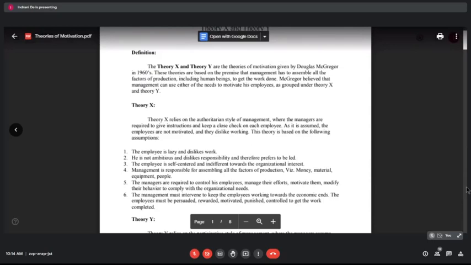So that is the idea of the management. The manager is trying to control his employee. The management must intervene, or they are intervening, to keep the employees working. All the time we are measuring their performance, whether they're working or not. For that, we have to punish them, we have to give them rewards, we need to motivate them. So everything comes from external sources.